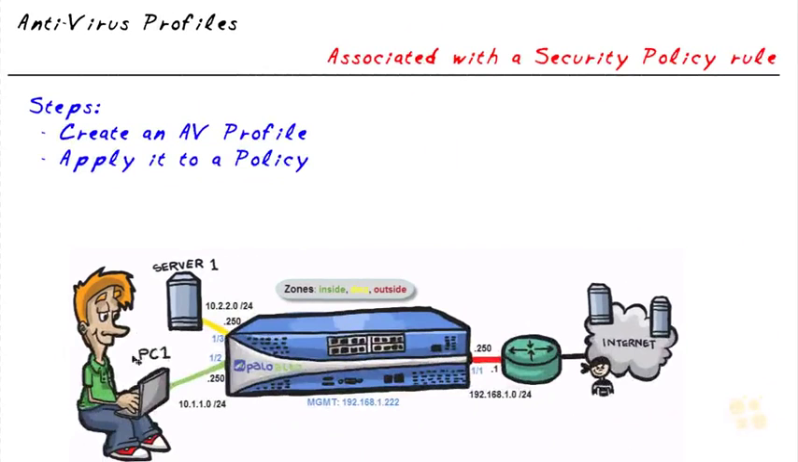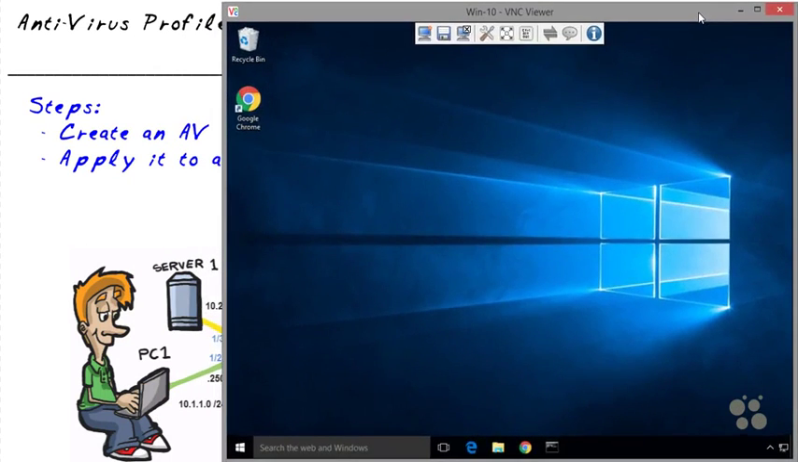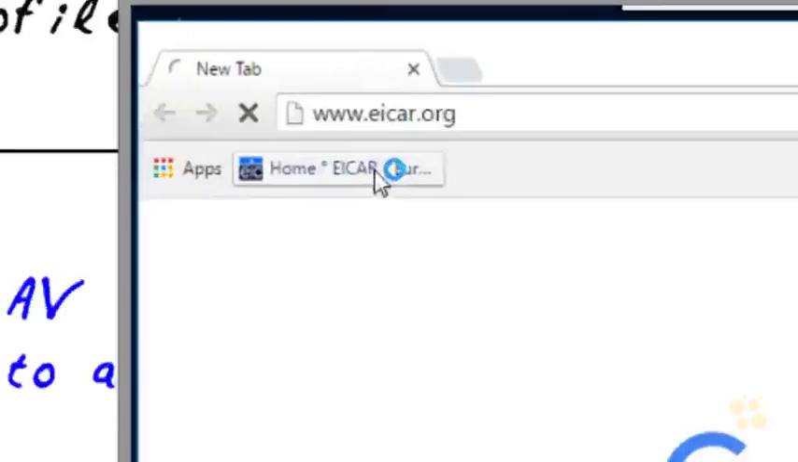So let's make a road trip out to Bob's PC, and let's verify whether or not the Palo Alto firewall will identify and prevent Bob from downloading some software that looks like it has a virus in it. So let's bring in Bob's desktop. Here it is. And let's open up a browser. And let's go to